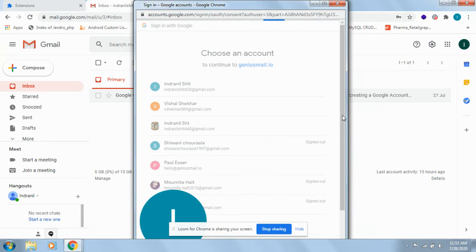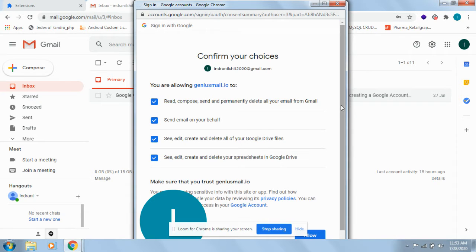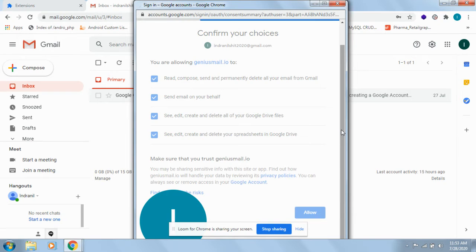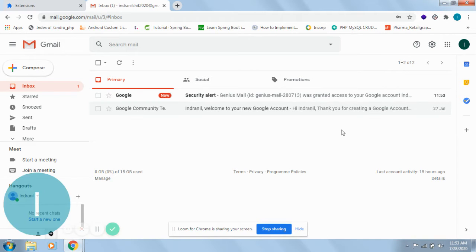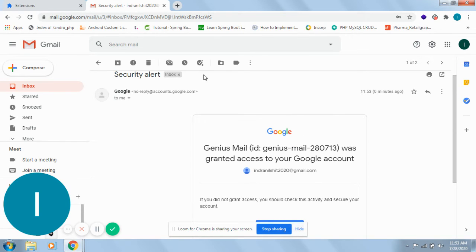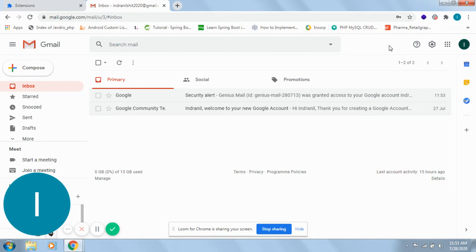So once you allow this, this is geniusmail.io, the official website of Genius Mail. After allowing, see, this mail is coming. Genius Mail is accessing your data. So after installing and allowing all these things,